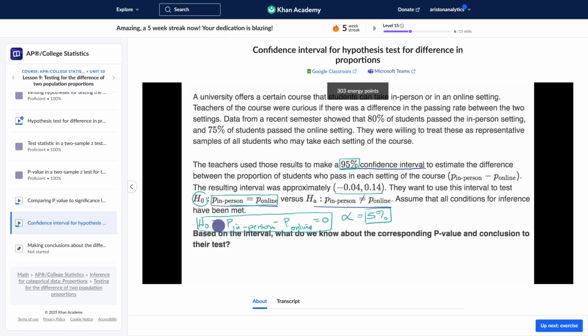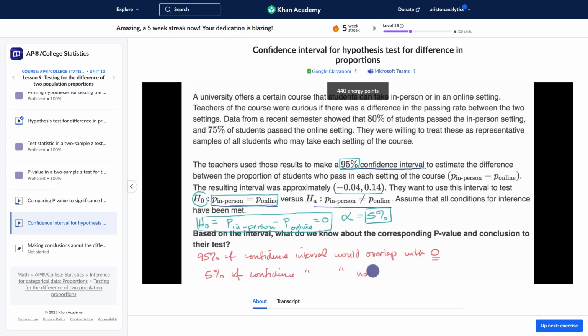Think about it this way. We are assuming our null hypothesis is true when we do this hypothesis test. And so when we construct a 95% confidence interval, we would expect that 95% of confidence intervals would overlap with 0. Where did I get 0 from? Remember, this is a confidence interval for the difference in proportions, and our null hypothesis is that the true difference in proportions is 0. So 95% of the time that we do this, if we assume the null hypothesis is true, we will overlap with 0. Or another way you could think about it, 5% of confidence intervals